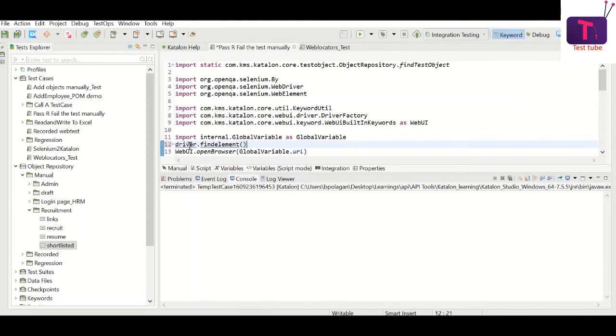So here I'll type this first. I have to give it an object identifier. Then I will be able to identify that object, and then I perform some operations like click or set text or anything which is valid for that object. And another method is find elements. This is the method which will return me the list of objects which satisfy the pattern I am giving as a web locator, right?